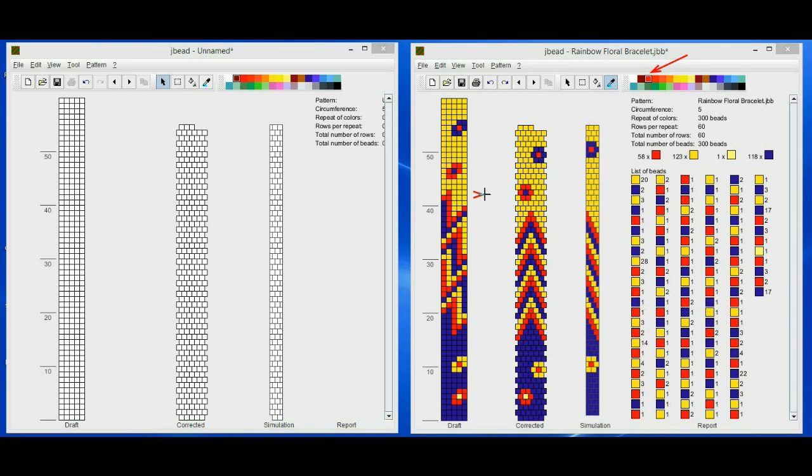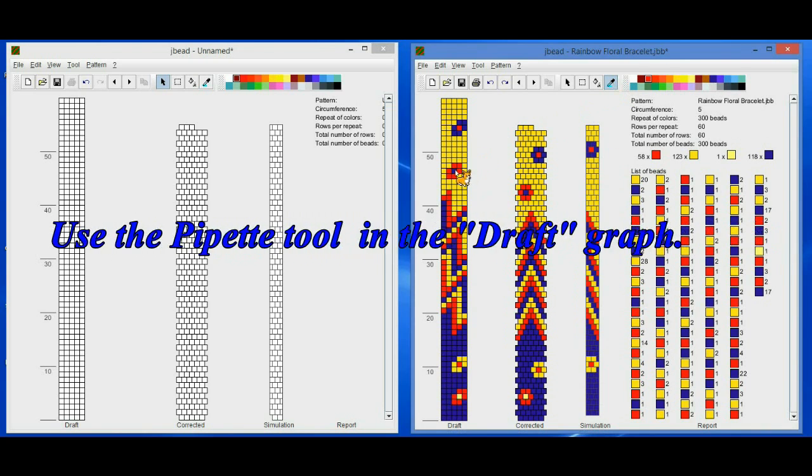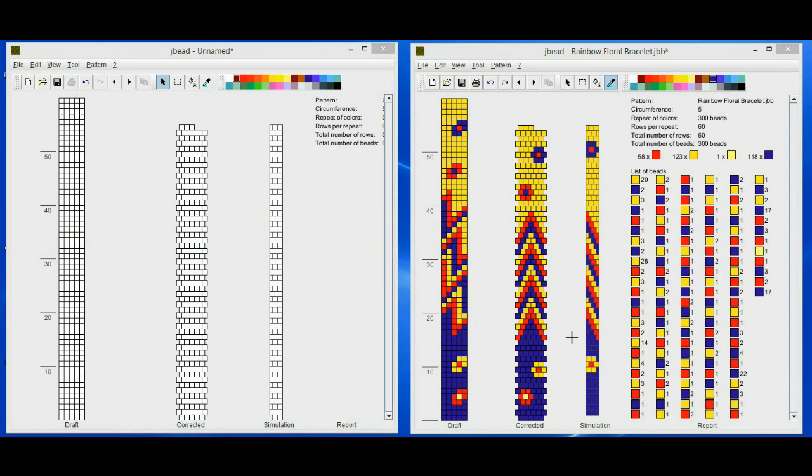So if I want to know which shade of blue this square has in it, since there are 3 different shades of blue on the color chart, I'll click the pipette tool, then the blue square, and as you can see, the activated color on the color chart just changed from the previously activated red to the shade of the blue that is currently in that square.